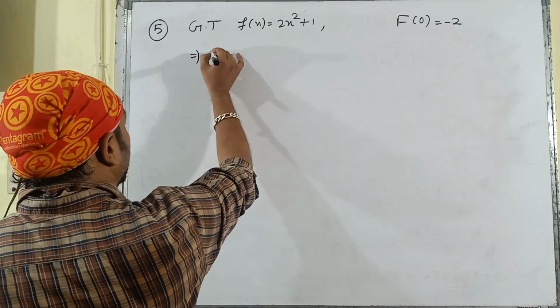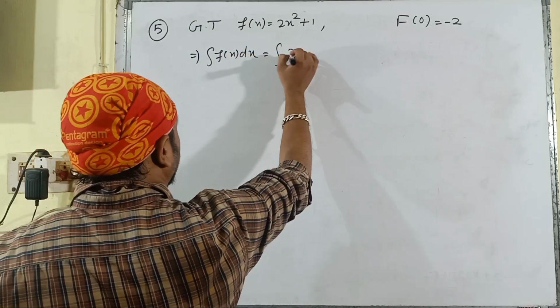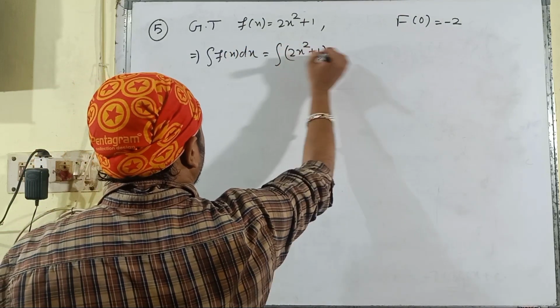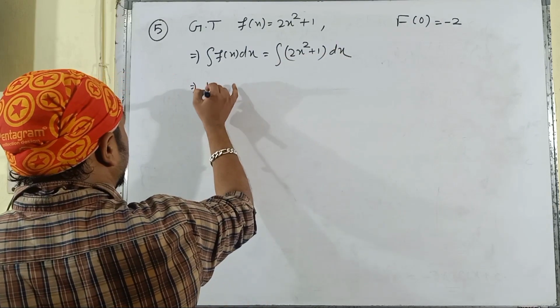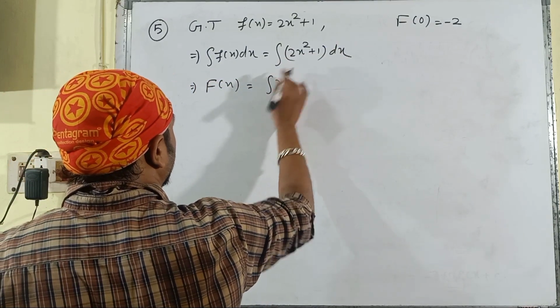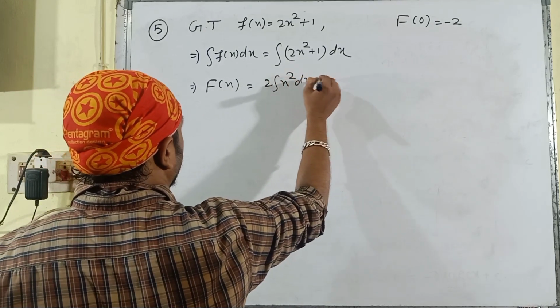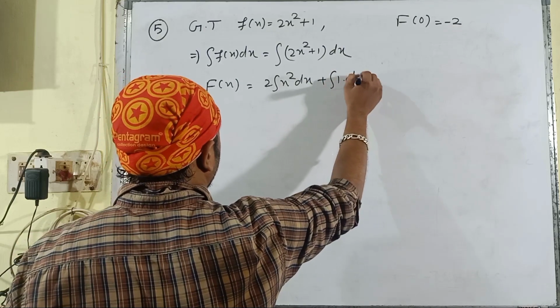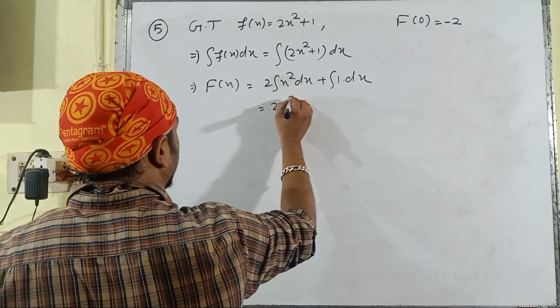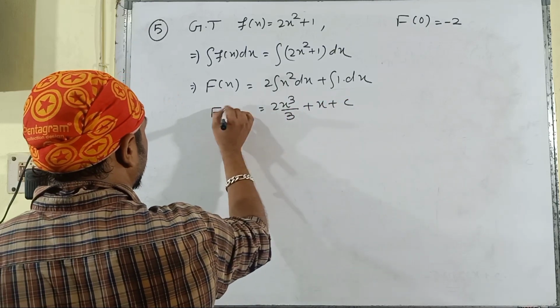So integrating both sides with respect to x, we are getting capital F of x is integral of 2x square dx, that means 2 multiplied with x square dx, plus integral of 1 dx, then it is 2x cube divided by 3 plus x plus any constant c,